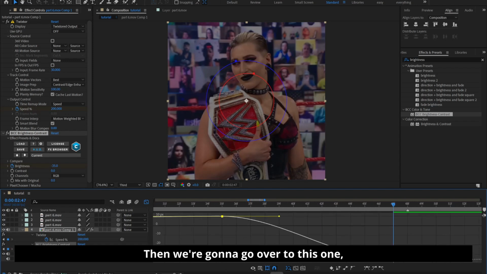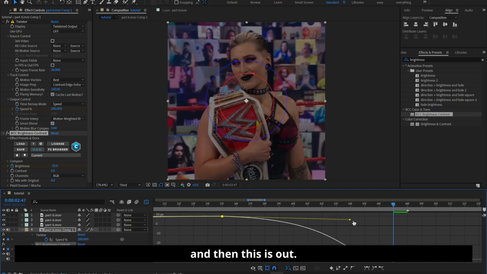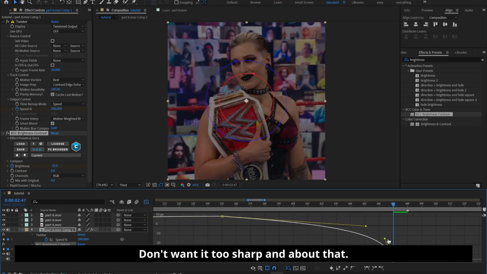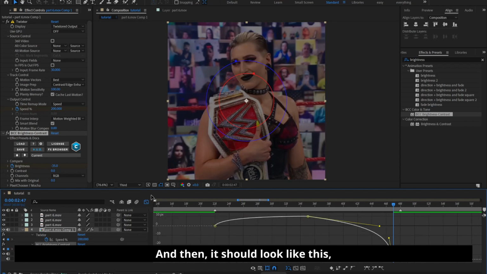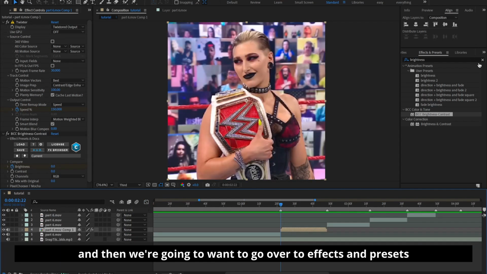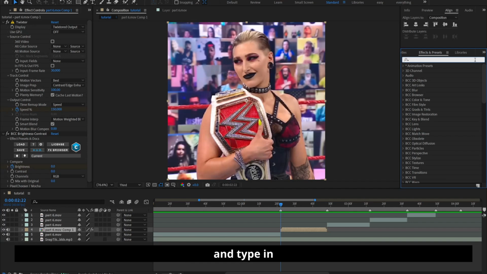Then we're going to go over to this one, and then this is out, so we want to drag this down a bit because it's to fade it out. Don't want it too sharp, and about that. And then it should look like this, like a tiny point there. And then we're going to want to go over to our effects and presets and type in